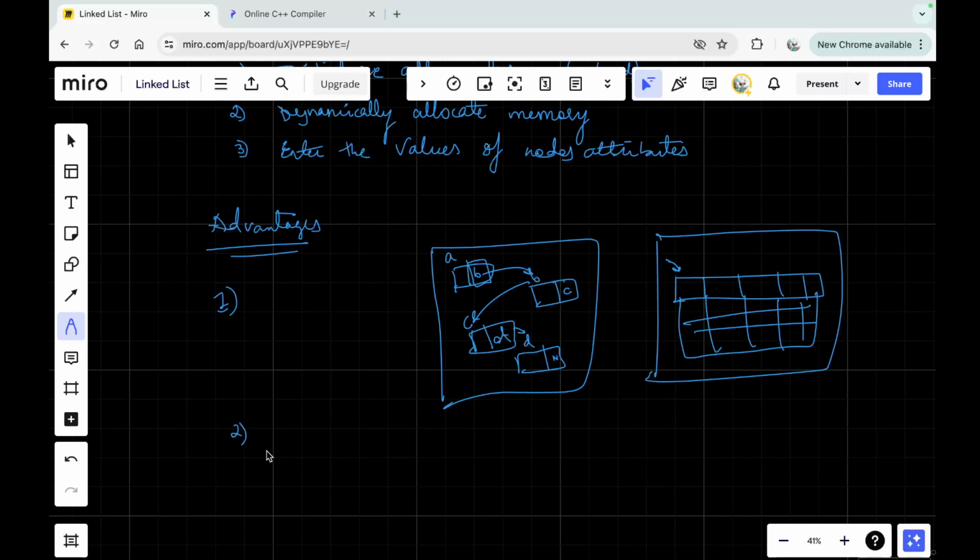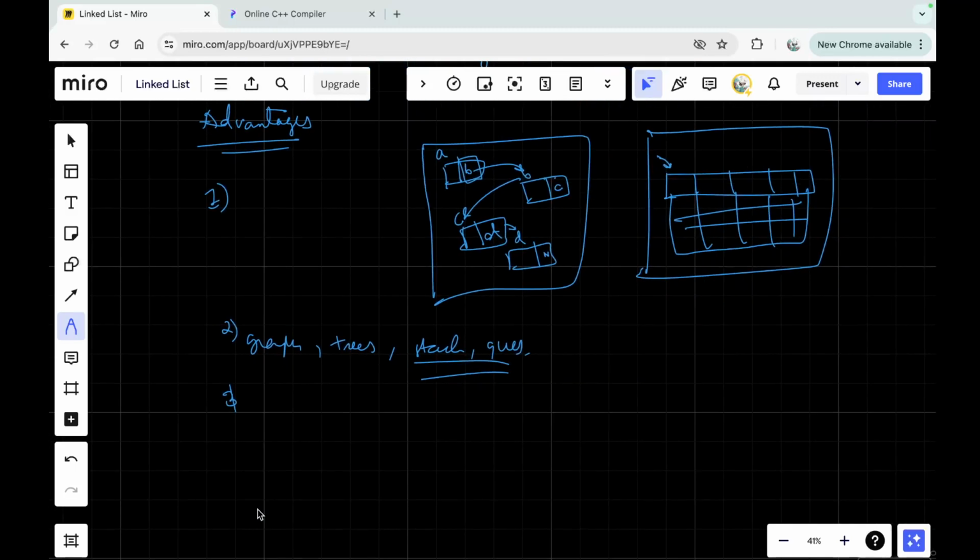Second advantage is that a linked list is a building block for the rest of the abstract data structures, right? For example, graphs, trees, stacks, and queues. Usually for stack and queue, we use a linked list. Now, let us understand why we use a linked list. One of the other major things is that everything we do in a linked list is in constant time, all right? So whether it's insertion or deletion,